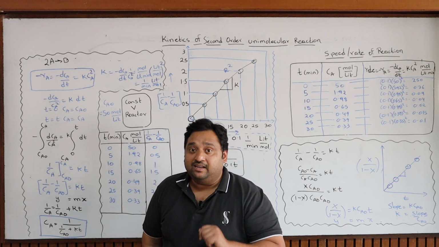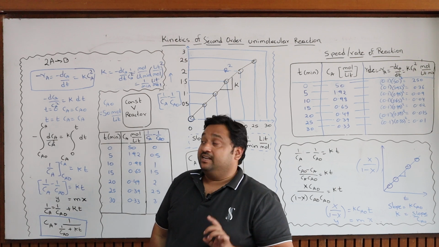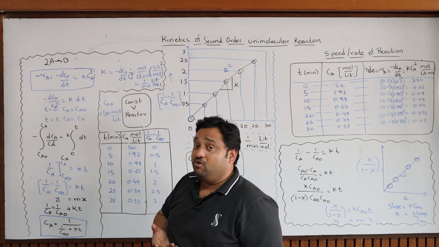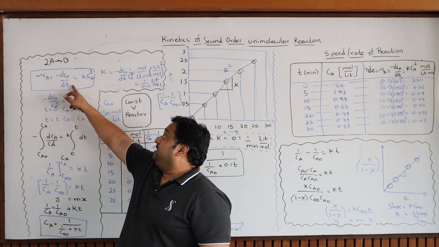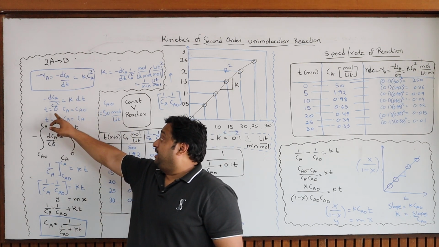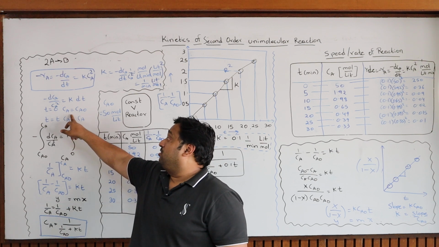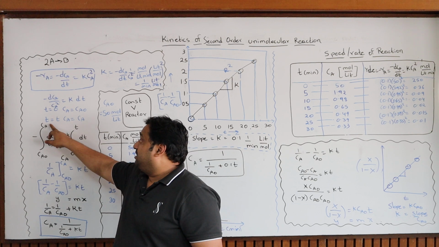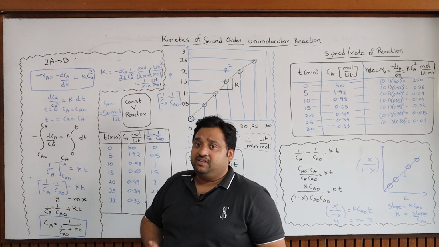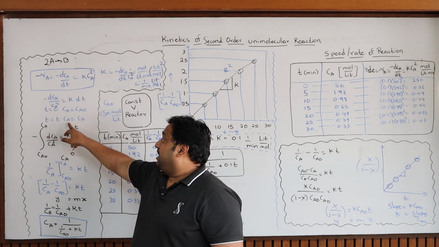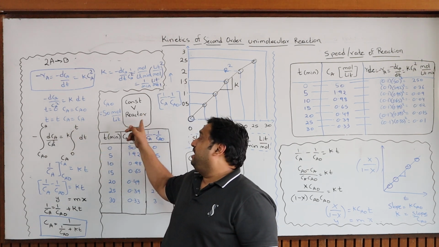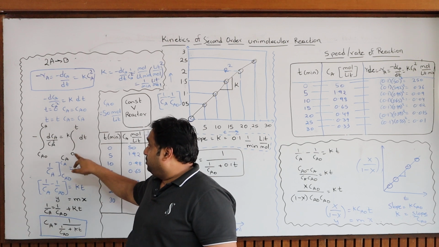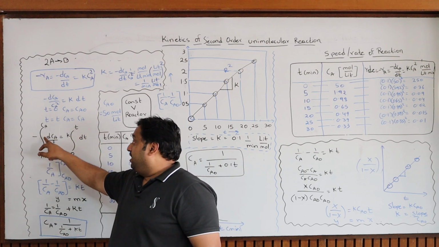Now we have to apply the limits to solve the integral. At t equal to 0, I am conducting the reaction in a batch reactor, so the concentration of A in the reactor is equal to the initial concentration, which is CA0. At time t equal to t, any time after the reaction happens, CA is nothing but the concentration of A at that time. So CA0 to CA, time t equal to 0 to t, if I integrate,